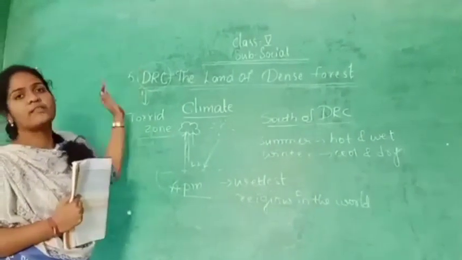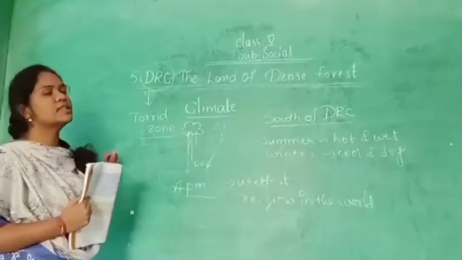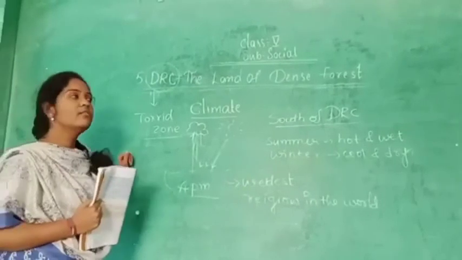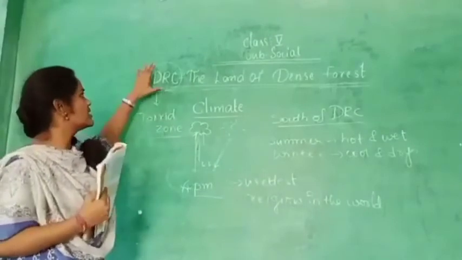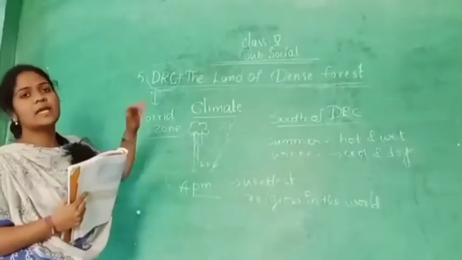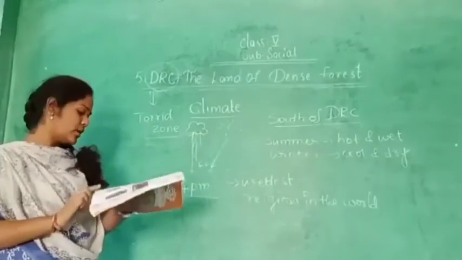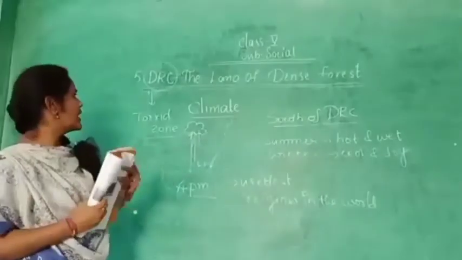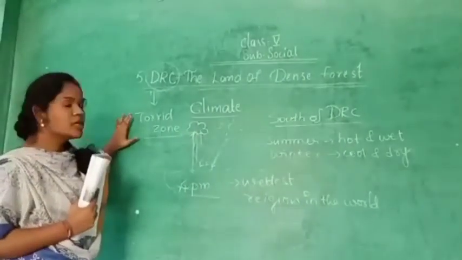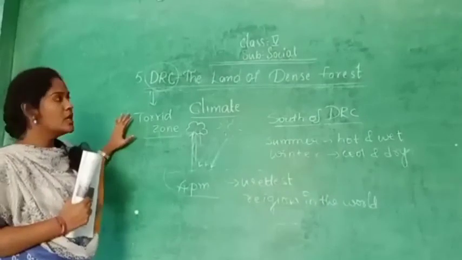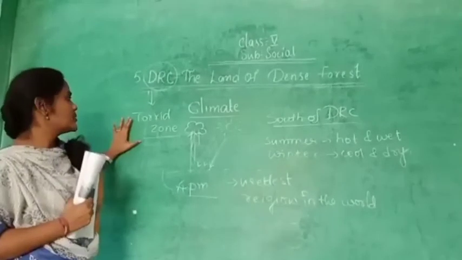Okay, this Congo River is the second longest river in the African continent and it is the seventh longest river in the world. Okay, again here what we learned is that in the DRC we can find high mountains and plateaus in the edges of the south and southwest direction. Okay, and the climate. What about the climate? This DRC is situated in the torrid zone. Already we discussed the torrid, temperate and frigid zones. So DRC is a country from the torrid zone, and it is nearer to the equator.